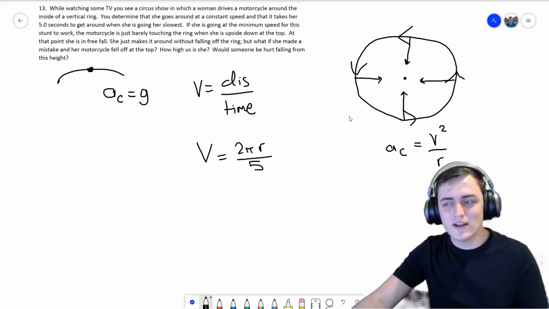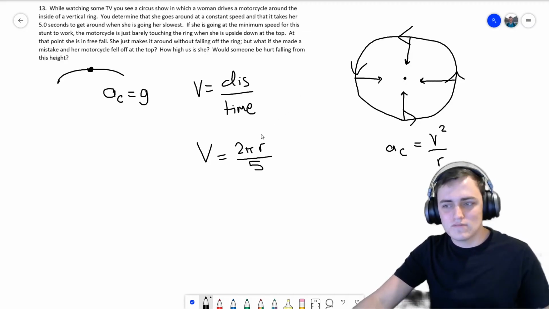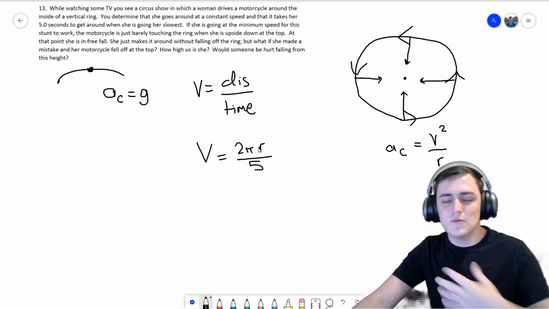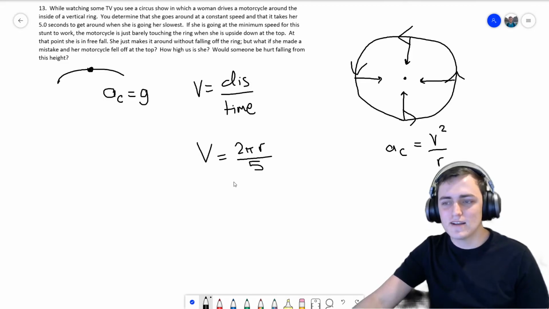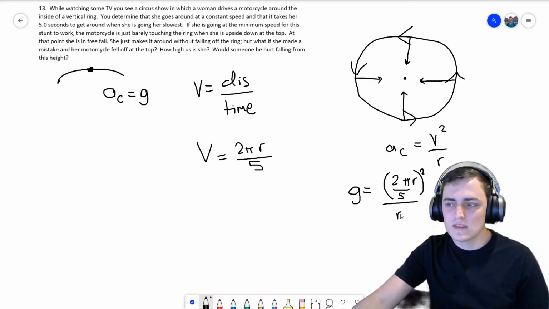So we can express her velocity, knowing the length of this circle in terms of r, divided by the time it took her, which is 5 seconds. Now we can take this velocity and this centripetal acceleration and plug them into our centripetal acceleration equation, where we find that g is equal to 2 pi r over 5, all squared,